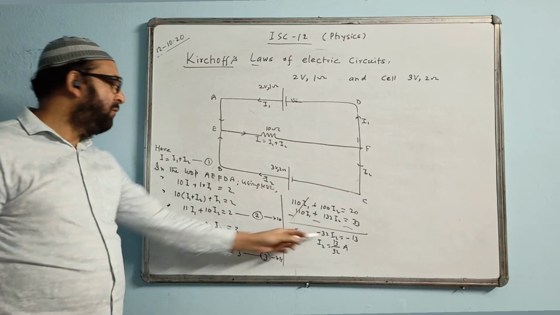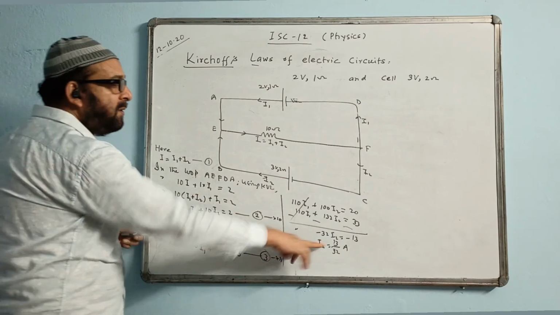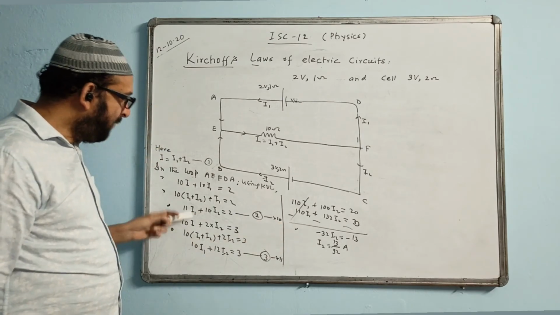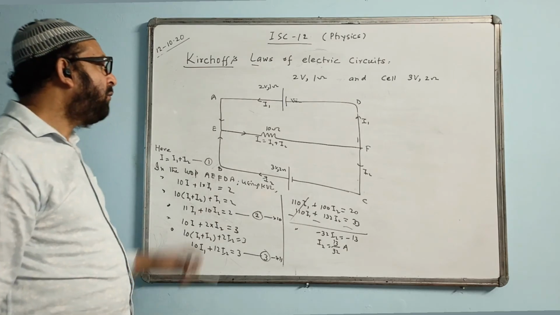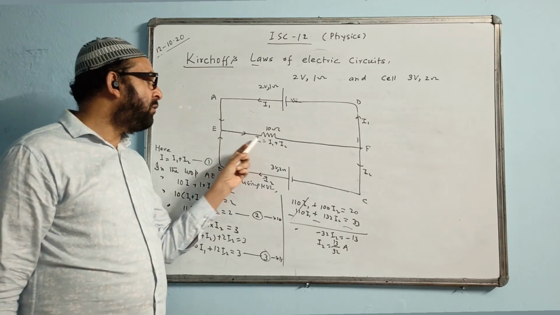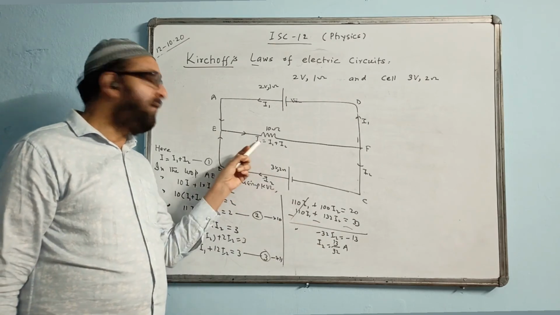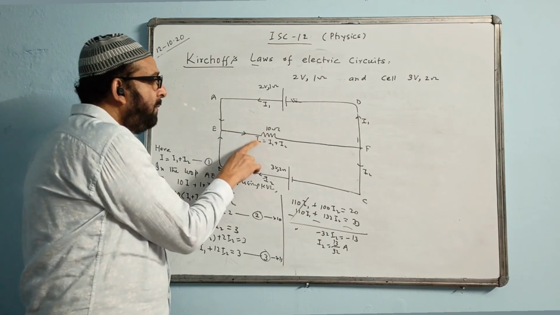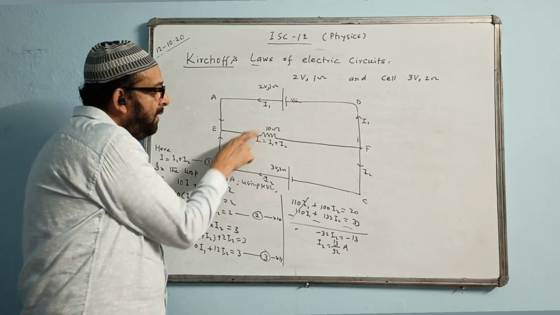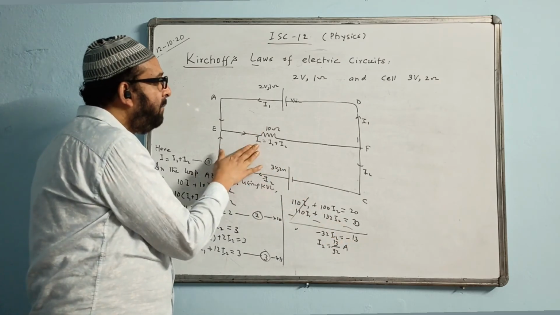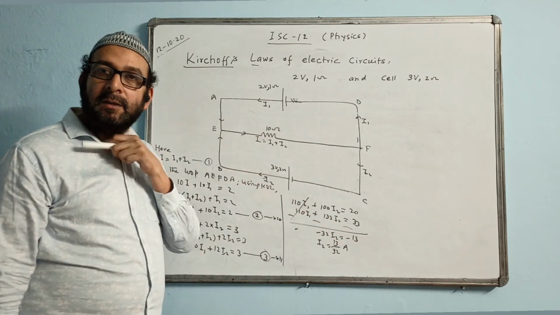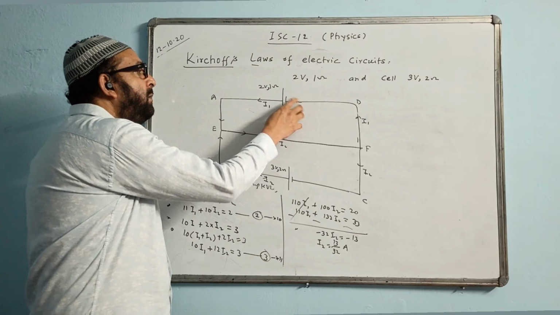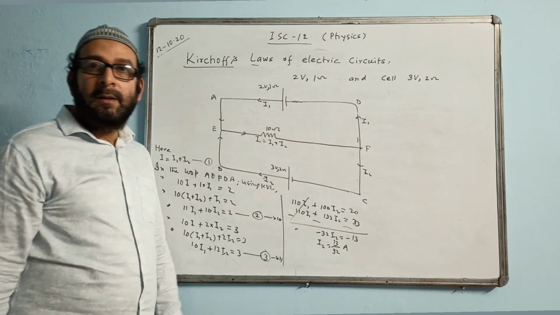I think you got the point now. I2 value you put back now, and this answer you must give in 3 decimal places. Now I2 value I put in any one of the equations and find the I1 value. Then answer. If the question asks what is the current flowing through the 10 ohm, that is the combination of I1 and I2, so add the I1 value and I2 value and find the answer. What is the potential difference across 10 ohm? Potential difference across 10 will be I into R, capital I into 10, and whatever value you find, multiplied by 10, then you have the answer. So this type of problem is also very important and quite likely to come in ISC.